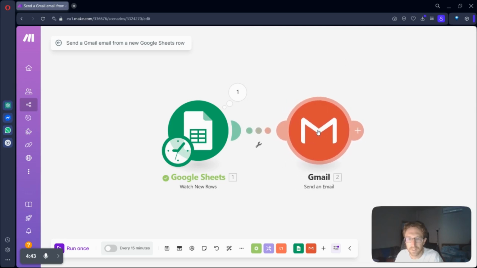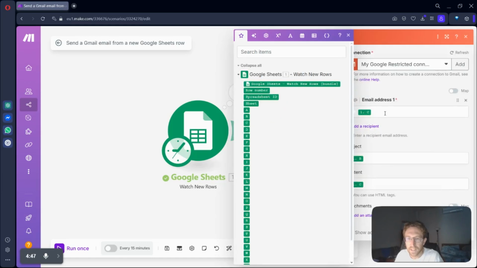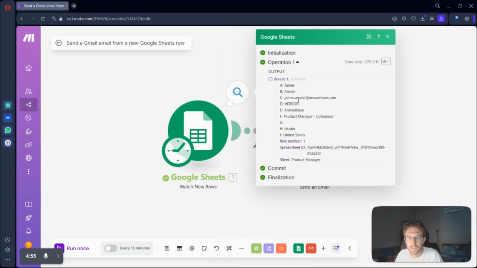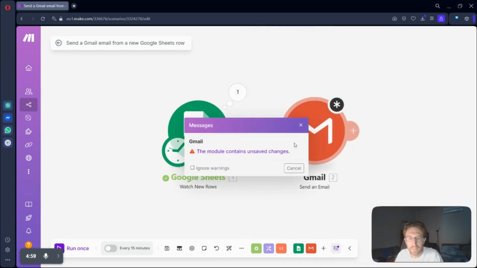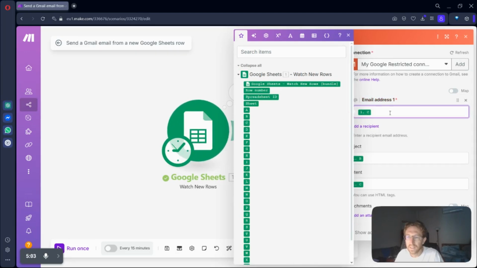So now if I connect this back up again, all you have to do is click and drag and it will connect it up. I can come over here and I should be able to pull in the sheet, the row with the email address. So in this case, it's row C. But since this one's not actually set up yet, I'm just going to drag that in,